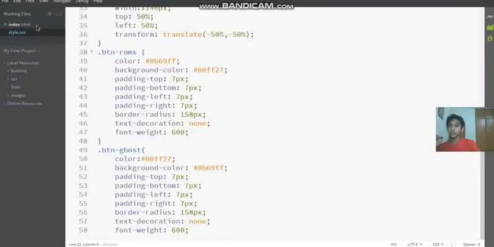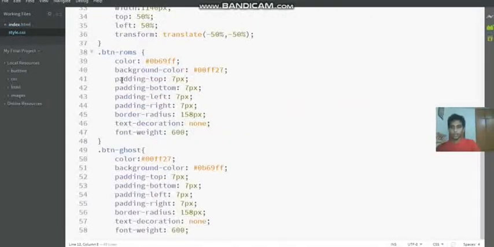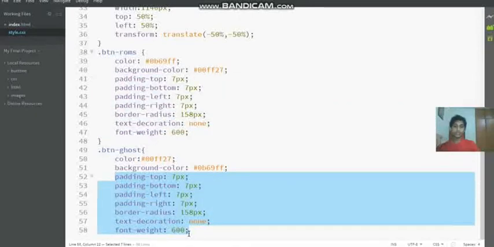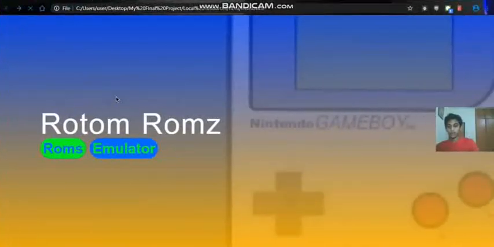So what I just did right now, I went to my HTML code and I wrote button. So usually what we had before, we just had this button goes, button roms. But I'm putting button, spacebar, and then I put the other two. So why did I do that, you might ask? Because right here I found out this code and this code is the exact same thing. So instead of having two codes just copy pasting, you can just take this, put it up here, dot button, do that. So right now, if I reload,